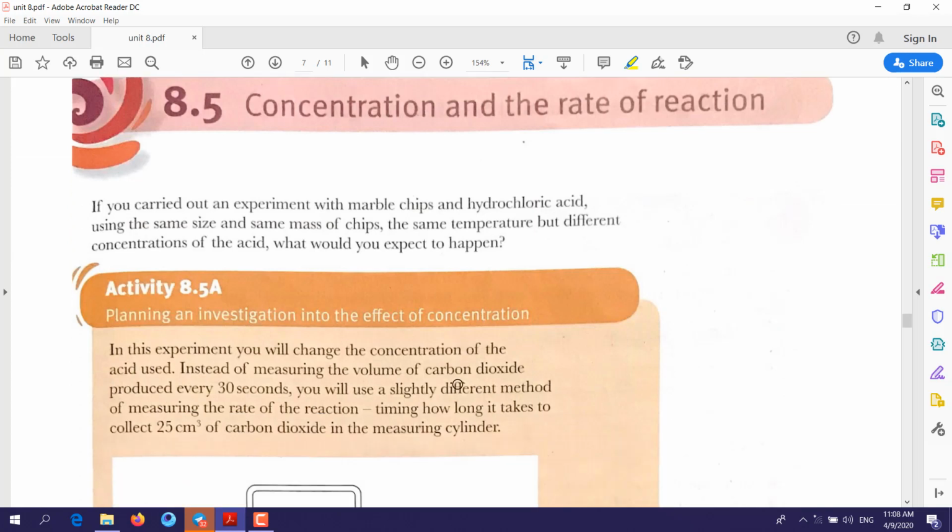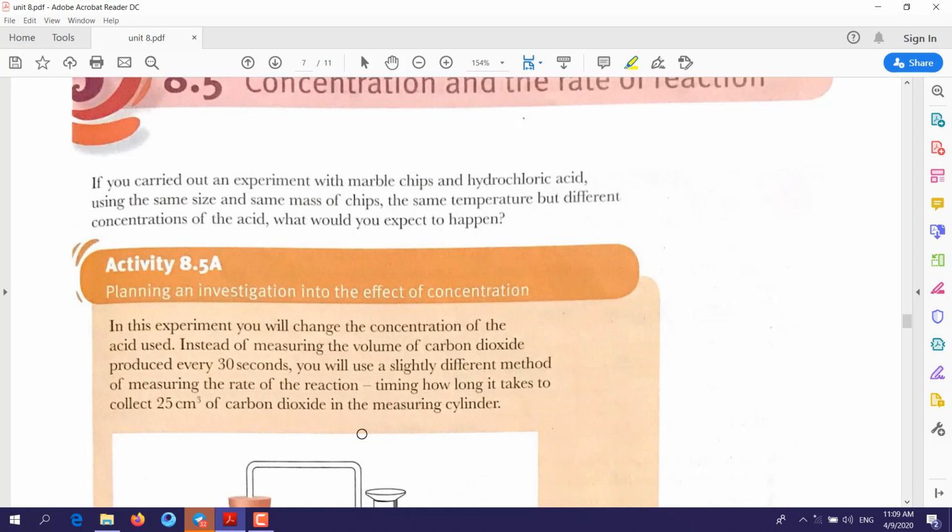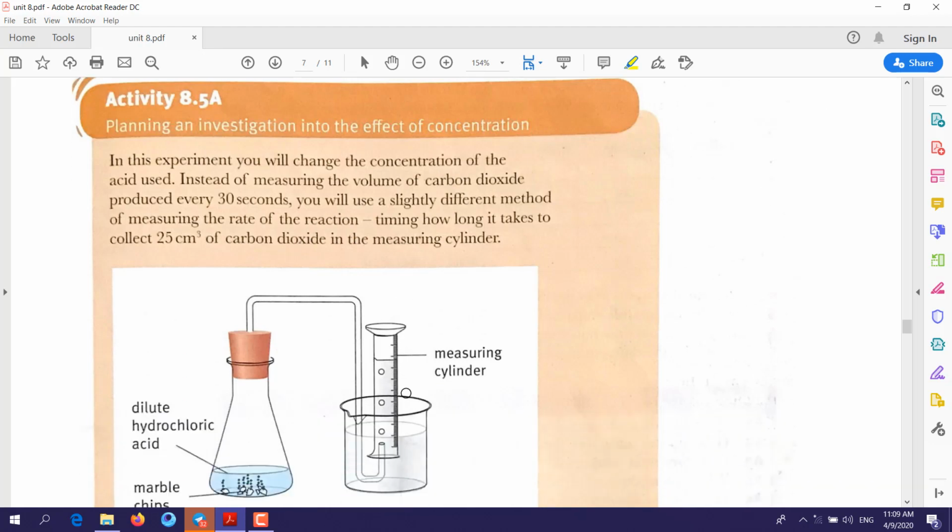8.5, concentration and the rate of reaction. Now, how will the concentration of substances affect the rate of reaction? Here, what we should know is, what do we mean by concentration? Concentration means the amount of particles of matter in the matter. For example,